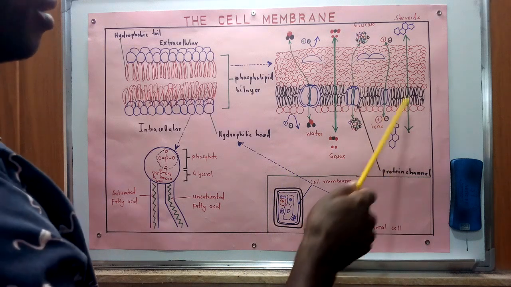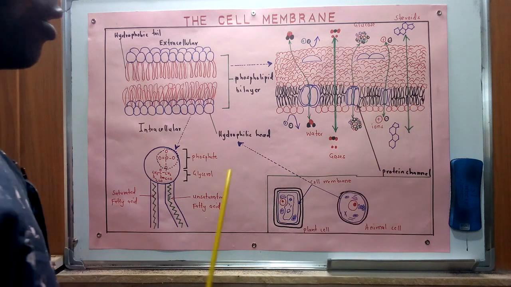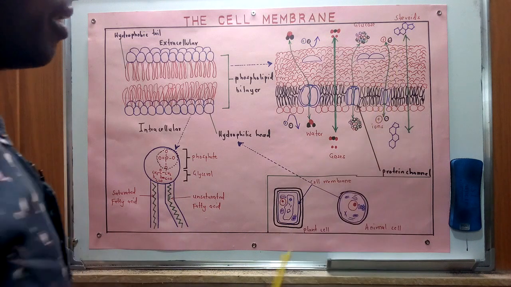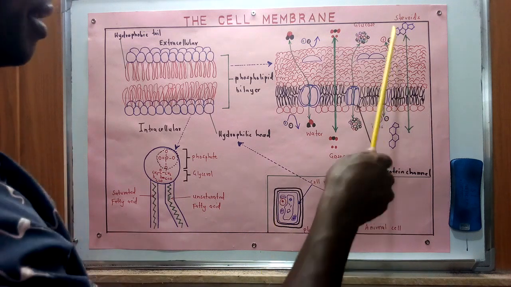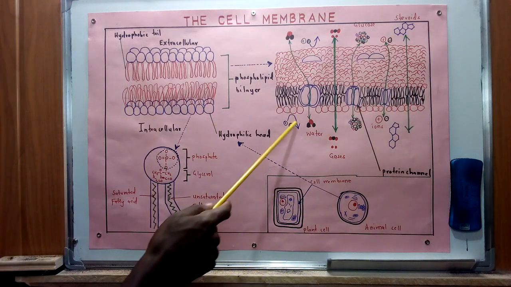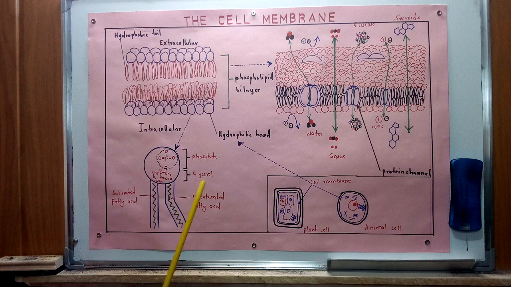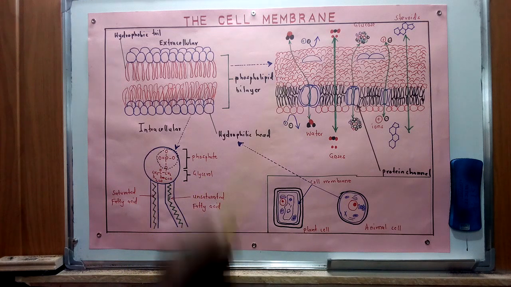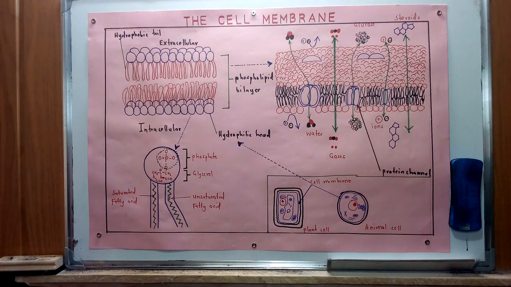And in that regard, some compounds like steroids can as well be allowed inside and outside the cell. Now, this concept of allowing some of the materials inside and outside the cell, we refer to as semi-permeability. So therefore, we're going to look at some of the properties